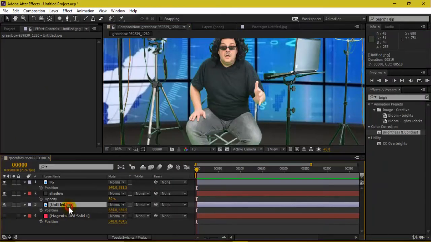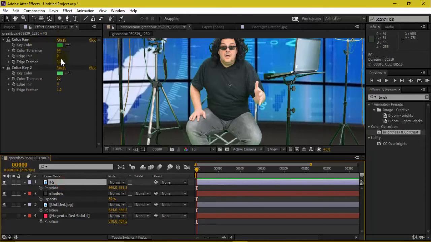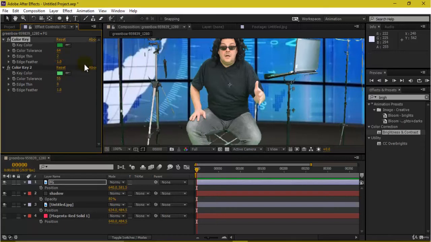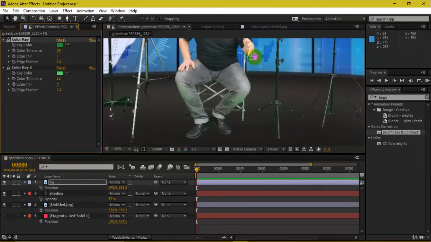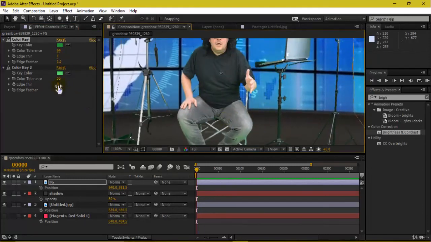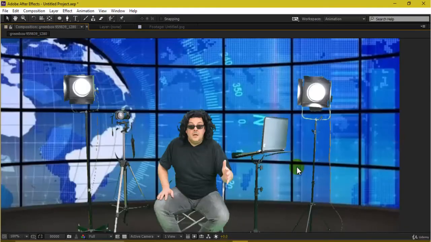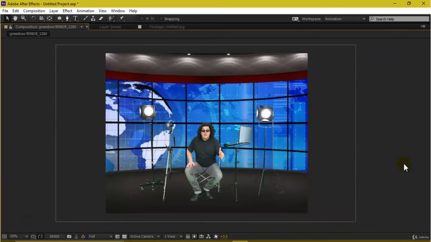We can also select my FG, and if I go to edge thin maybe, and if I take this as -2, or maybe 2, let me see what I get, or maybe 0.5, even 0.2. This is looking a bit natural here, and it seems that it is pretty much well composited.